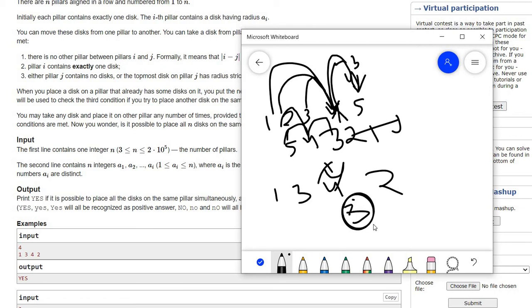So once I found the index, third, which is the maximum size of the disk, after that I can see the left or right of that index. If the left is in decreasing order and the right is also in decreasing order, meaning the sizes are in decreasing order, then the answer would be yes. Otherwise the answer would be no. How? Because